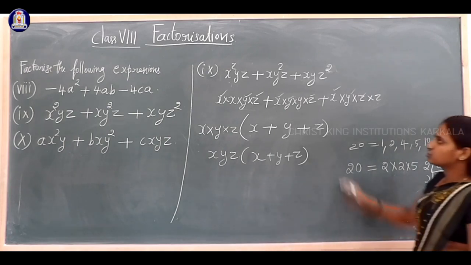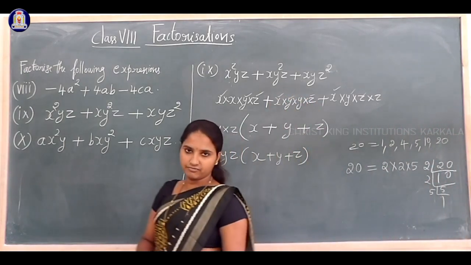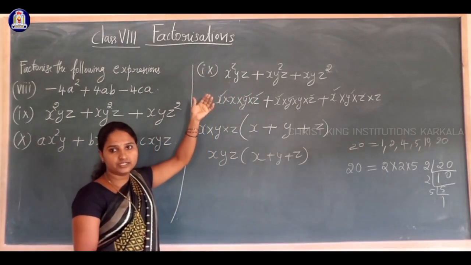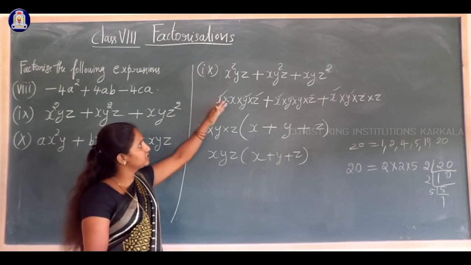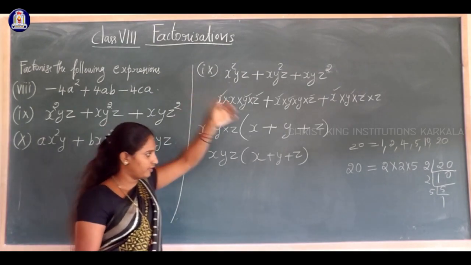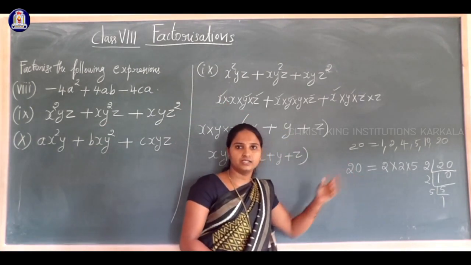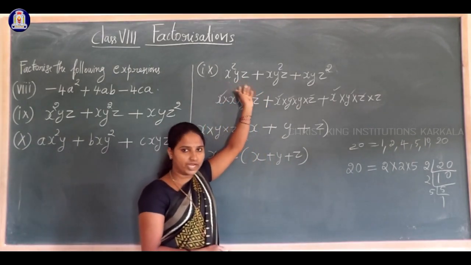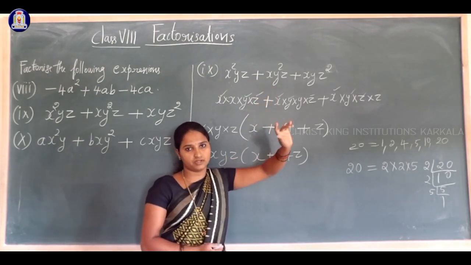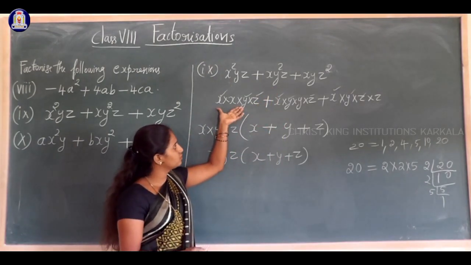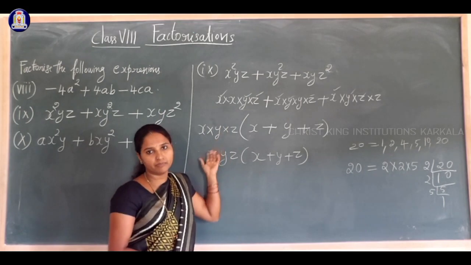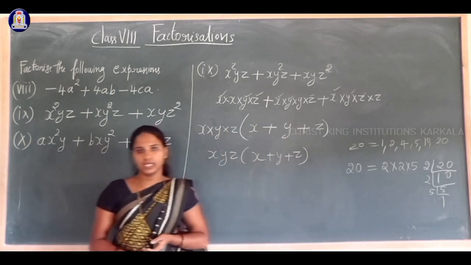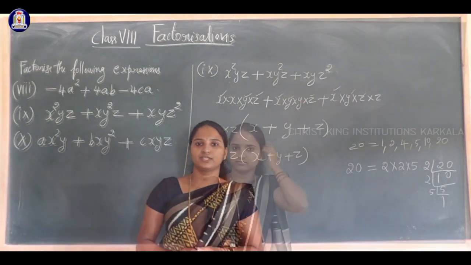Okay? But if an algebraic expression is given, can you find the direct factors? It's in the question, so we cannot find them directly. If I ask to find the factors of 20, we can find them. But if I ask to find the factors of a given algebraic expression, it's difficult. So what we have to do? First you have to write like this, then take the common factor, then we can say this is the factor of the given algebraic expression. Clear? Yes, thank you.